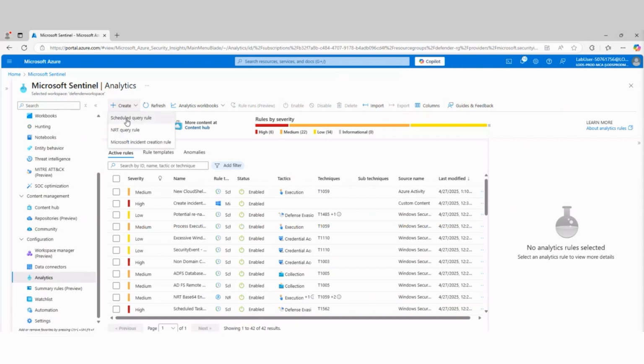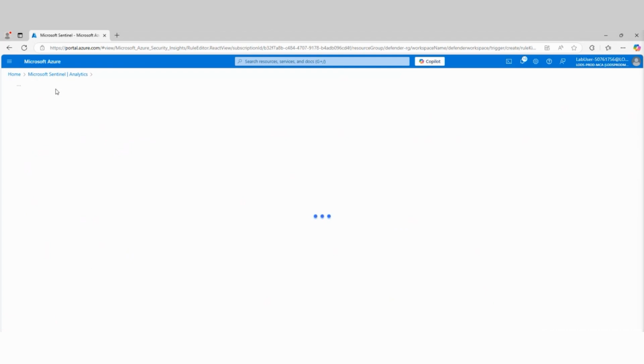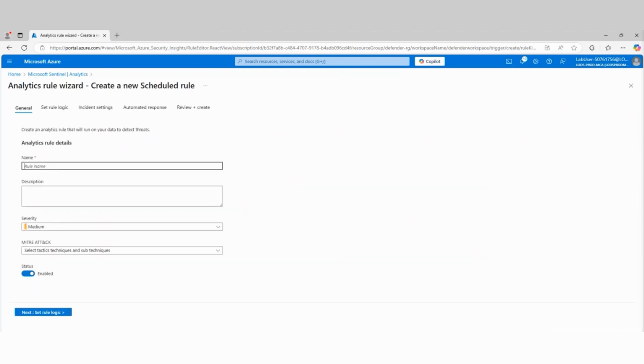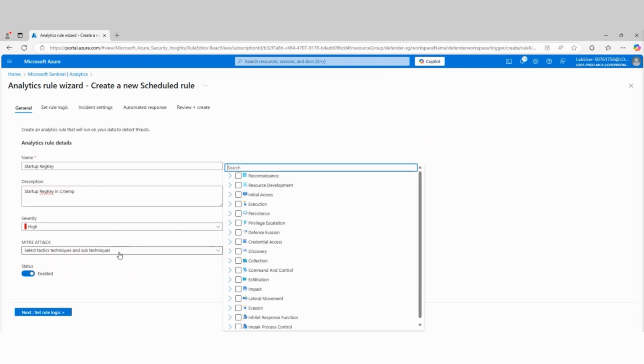So we're going to create a scheduled query rule. The rule name, we'll call it startup reg key. For a description, we'll say we're looking for something specific here. The severity level, we're going to make a high severity level. And for tactics, we're going to make it persistence here.